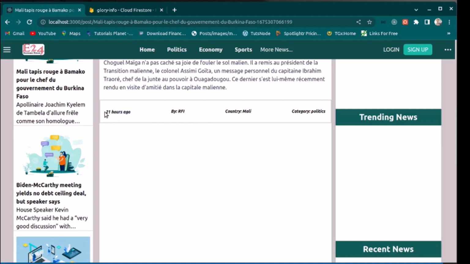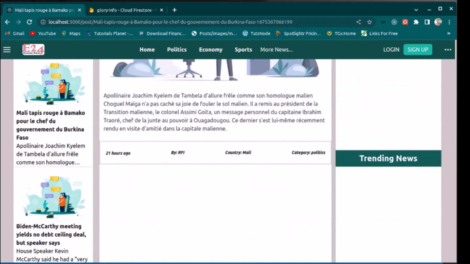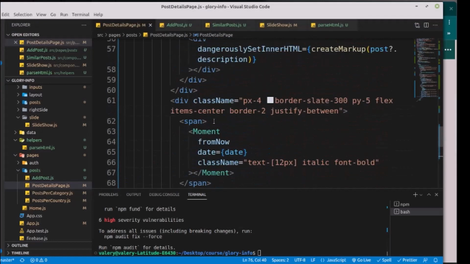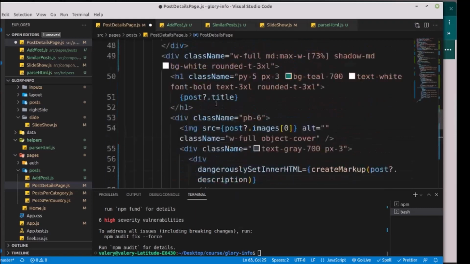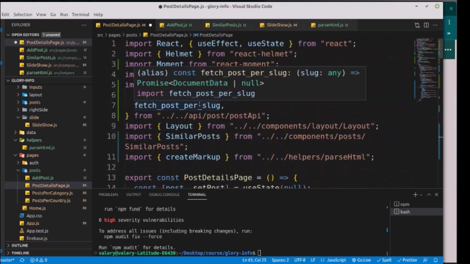Here, for example, we can add an SVG, an icon to indicate the time. We can put it here before the moment, in the span. Let's say GR clockwork. We can import this, so let's go up here and say